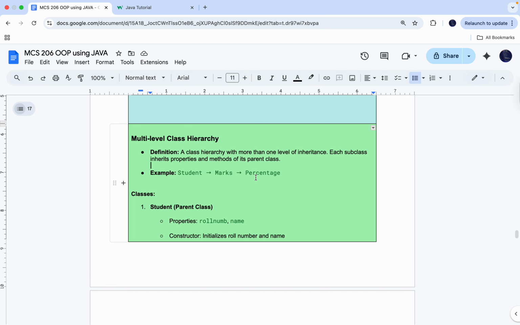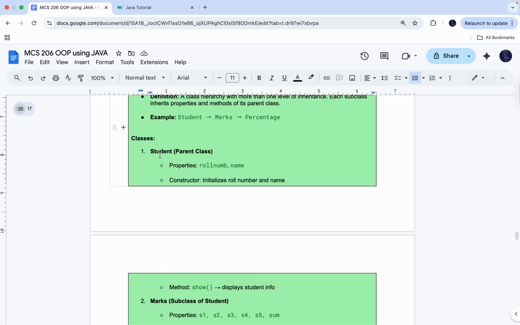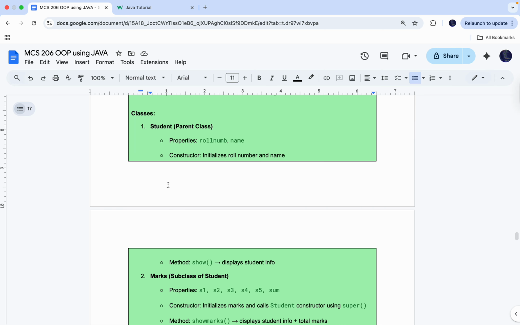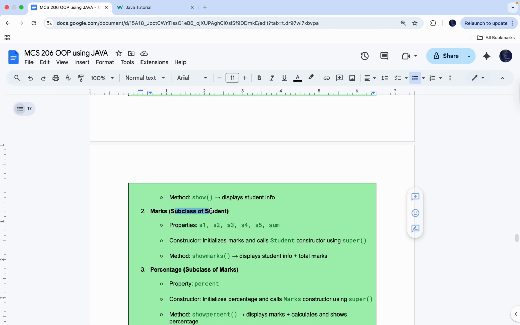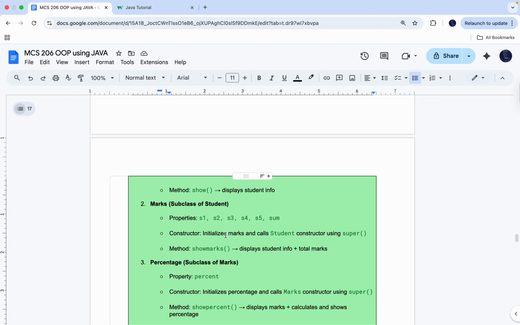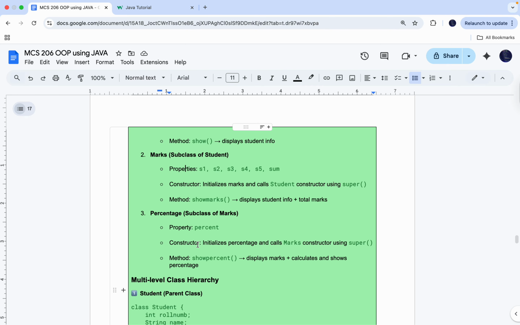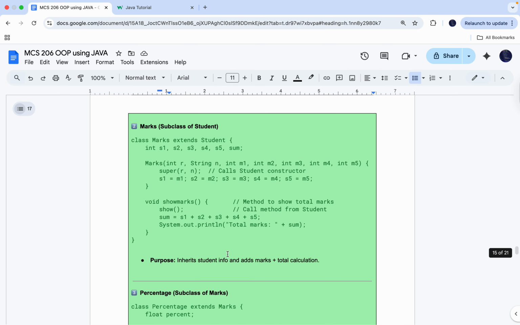हाँ, स्टूडेंट से मार्क्स, मार्क्स से परसेंटेज। तो परसेंटेज किसका, मार्क्स जिसका, उस स्टूडेंट का ही परसेंटेज की बात कर रहा है। क्लासेस: स्टूडेंट पेरेंट क्लास, प्रॉपर्टी रोल नंबर, नेम, कंस्ट्रक्टर इनिशियलाइज रोल नंबर एंड नेम। सुपर पेरेंट क्लास मार्क्स, सब क्लास स्टूडेंट। Constructor initialize student, percentage subclass of marks, properties, percentage. This is the multi-level class hierarchy का ये एग्जांपल है।